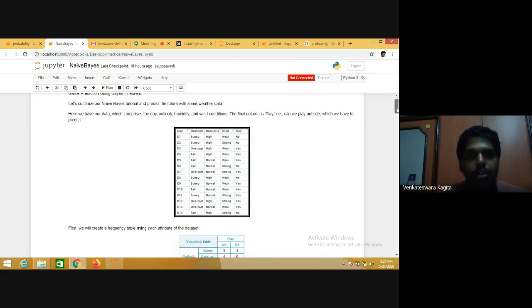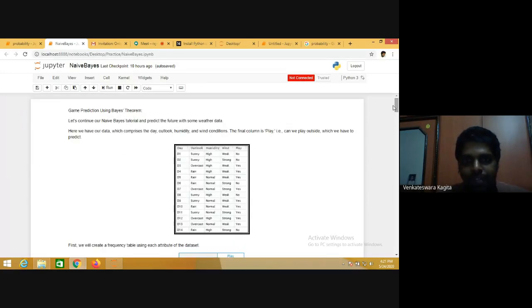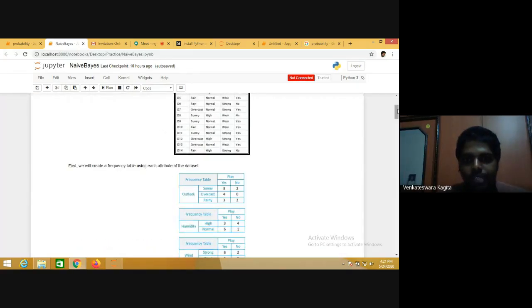Now we'll create a frequency table using each attribute of the data set. First we'll take the first attribute, outlook. There are three different values in this: sunny, overcast, and rain. This is the distribution of yes and no over these attribute values.